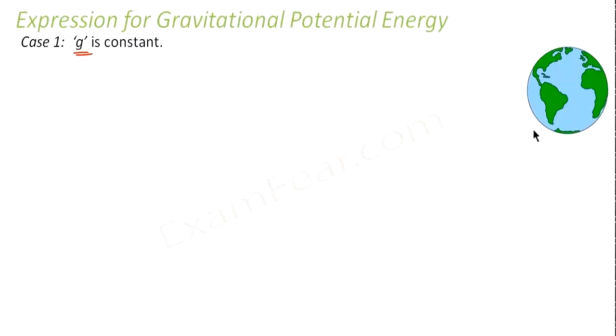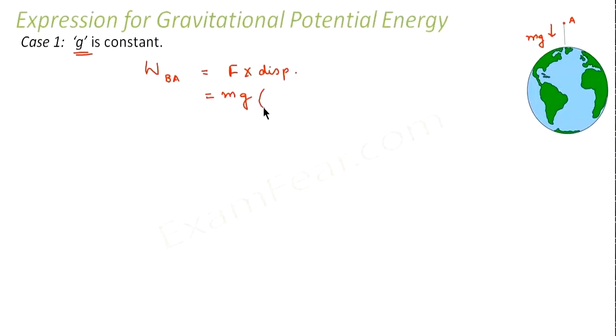Let us suppose this is the Earth. And we have some object at point P. Or let us call this point as, say, A. Now, what would be the work done in this case? The work done in this case would be equal to force into displacement. We already know work done is nothing but force into displacement. So in this case, what would be the force? Force is nothing but the gravitational force which is exerted towards the surface of the Earth, that is mg. So F will be nothing but mg.